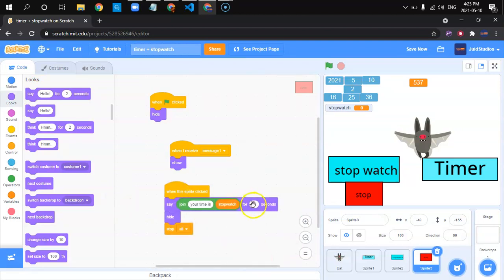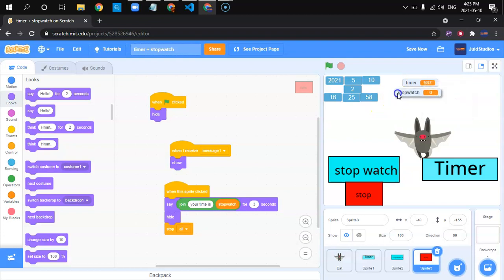And I know that there's already a timer block in Scratch, but we're gonna use this anyway because it's fun. And this thing over here, we can fix that afterwards. We can name this stopwatch. You want to name this timer, or you can just do something. I'm gonna read out timer